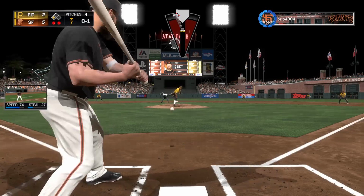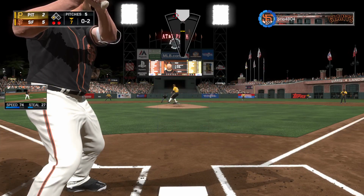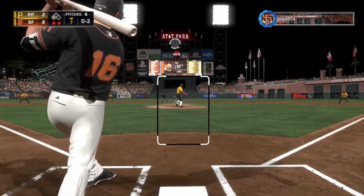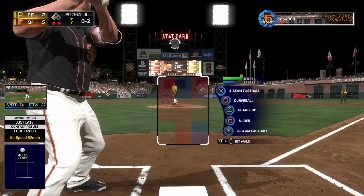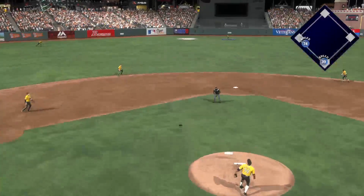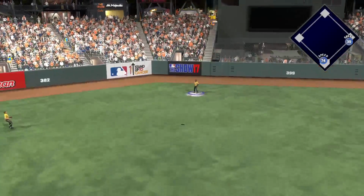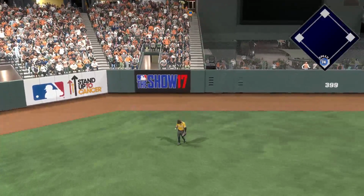No balls and a strike. Chased a low ball there, and he's quickly down in the count 0-2. Now, Matt, he's 0-2, and he swung at 2 pitches that looked like they're trying to pitch around him. Maybe that's his strategy. Now he thinks they're going to come to him, and they get him. I wouldn't pitch to him anyway. High fly ball out to straightaway center. Marte is there, and he puts this one away for the...